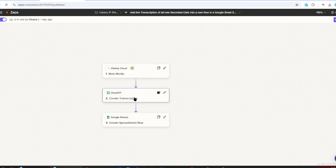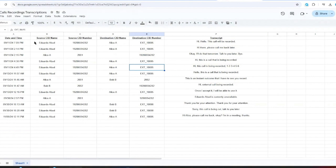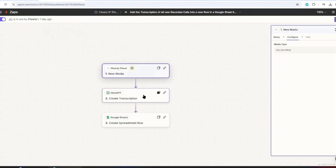So those three steps. First one is the trigger, the new call recorded. The next one is to obtain the transcription out of that recording. And the last action is to insert into a row in a Google Sheet, that is this Google Sheet, that recording. So if I go back here to the Zap, we can see how it has been